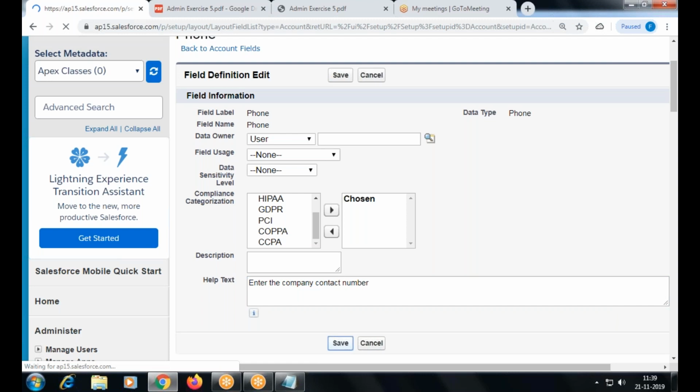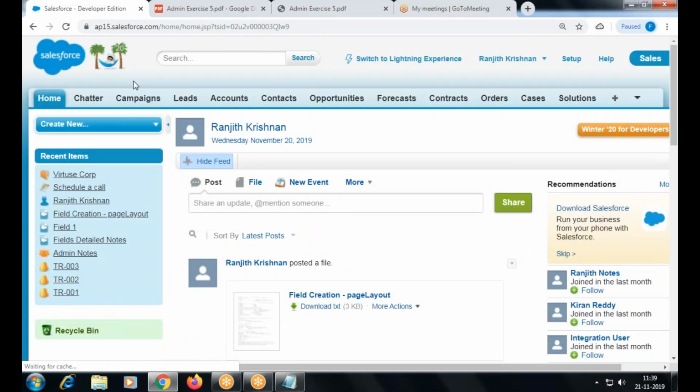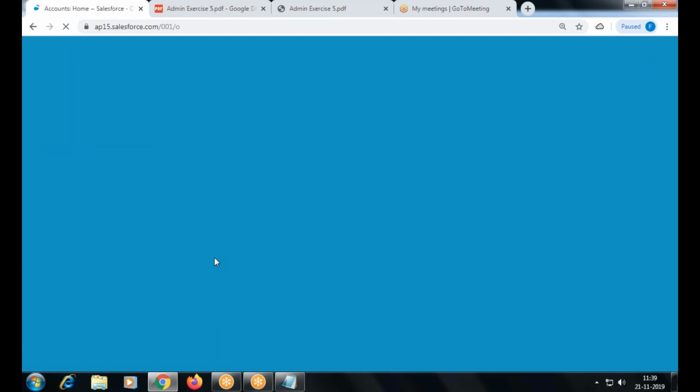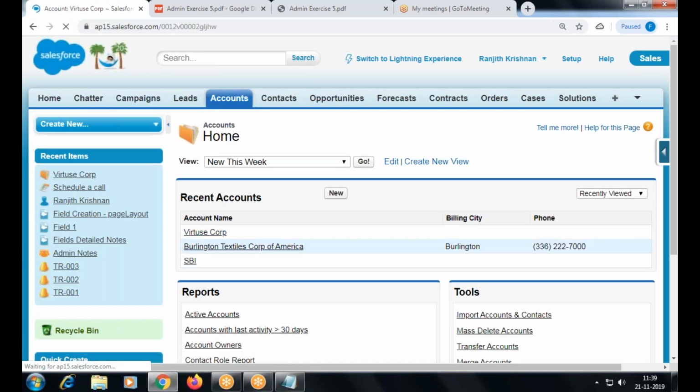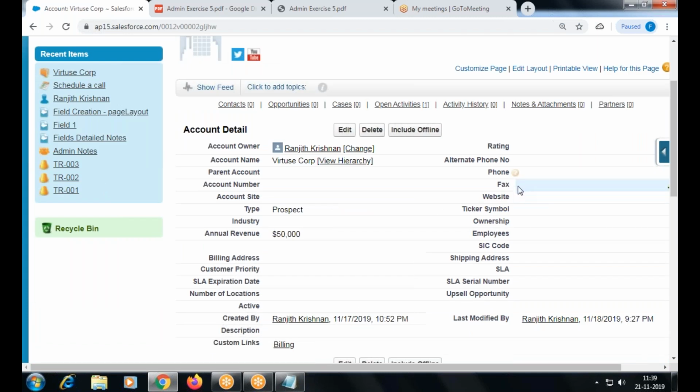See. Now I added some help text there. I go to the index. You can find here a question mark is appearing, right?